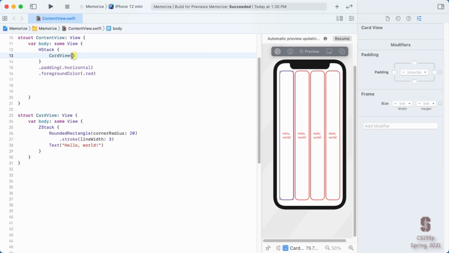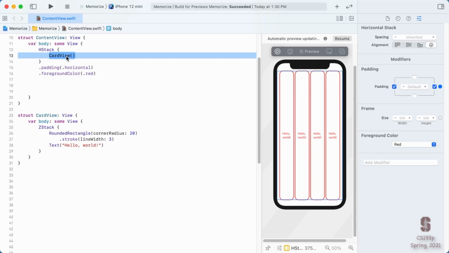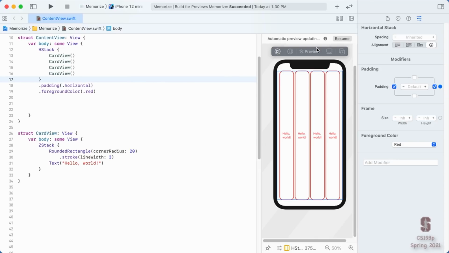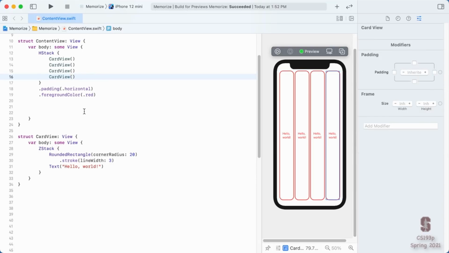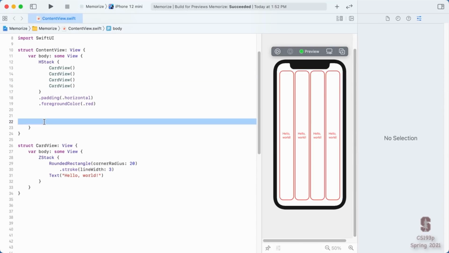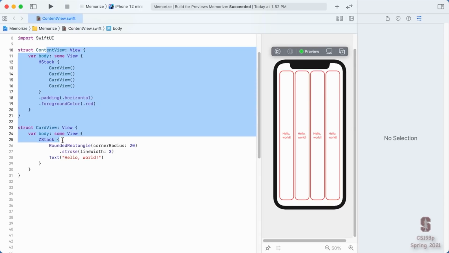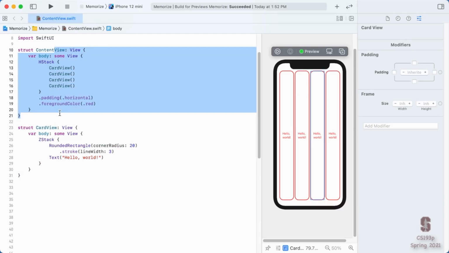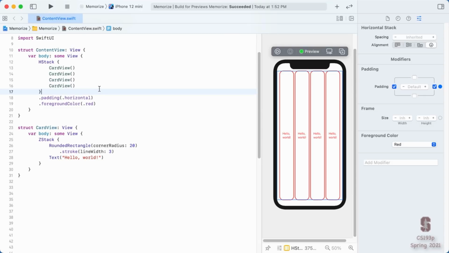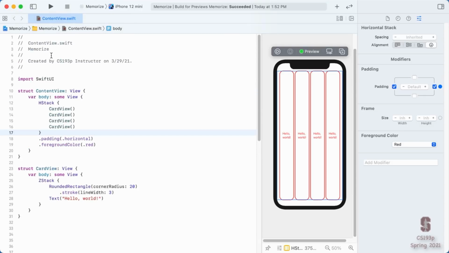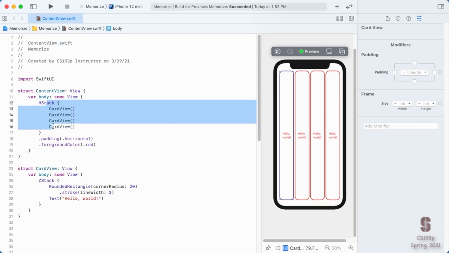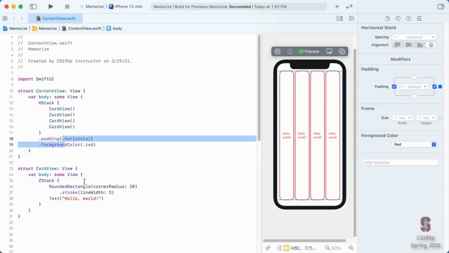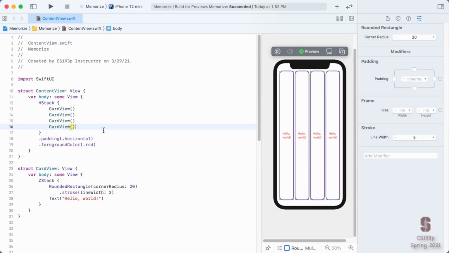Okay, and we know that open parentheses, closed parentheses is how we create something. So I put 4 of those in there. Now if I resume, I get the exact same result as when I had all those Z-stacks in there. And look how simple all this code has become. Much more understandable, much simpler to type in, and much more powerful all at the same time. Okay, this, what you see right here, this is the heart of doing SwiftUI programming, is defining these dining room chairs and then stacking them together and modifying views as you need them along the way.